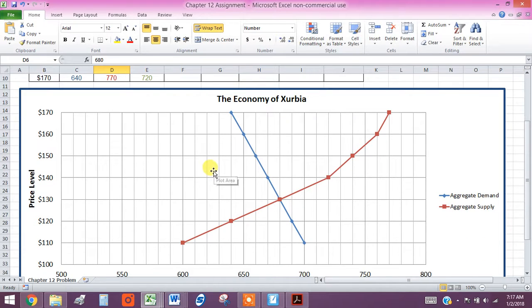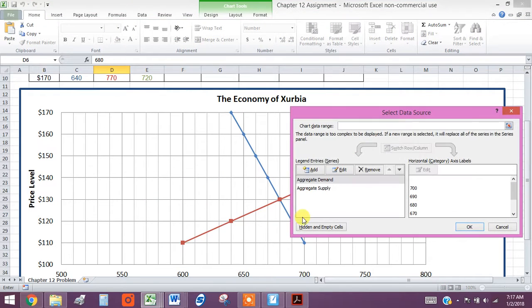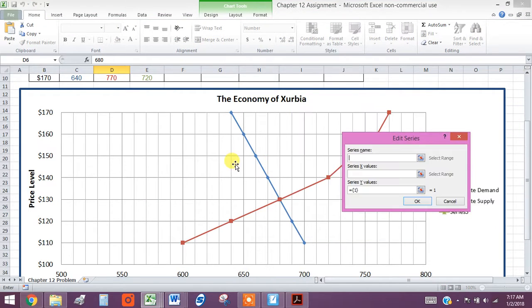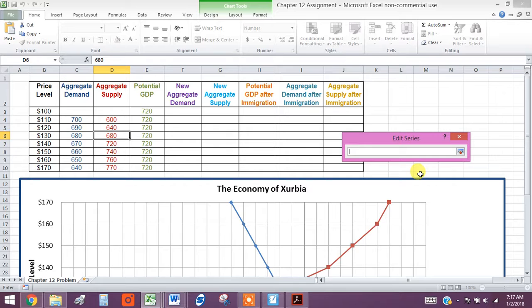So let's come back to our graph, and right click, select data, add, and we want to add our potential GDP, and then we want to click, and I'm left clicking on this grid. We want to select the